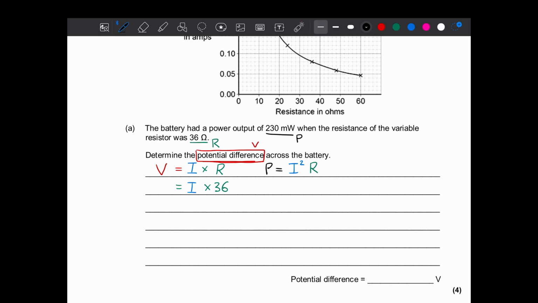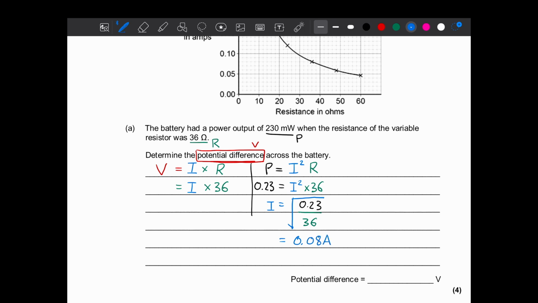Let's finish off the working now. I'm going to substitute a value for power. That's 0.23 watts, just changing milliwatts to watts there. I've got I squared, and I've got a resistance R of 36. Rearranging this equation, I've got I is equal to the square root of 0.23 divided by 36, and that is going to give me an answer of, well, a long decimal, but rounded off, you should get